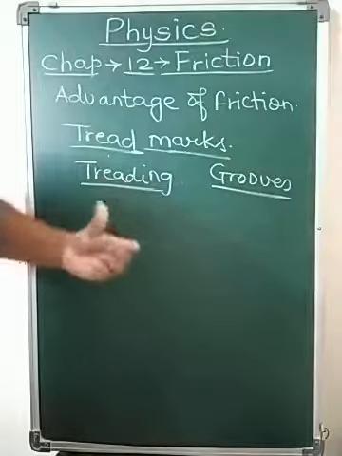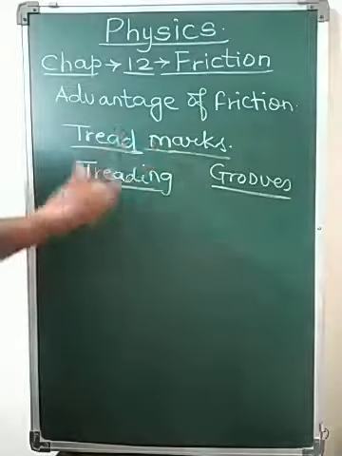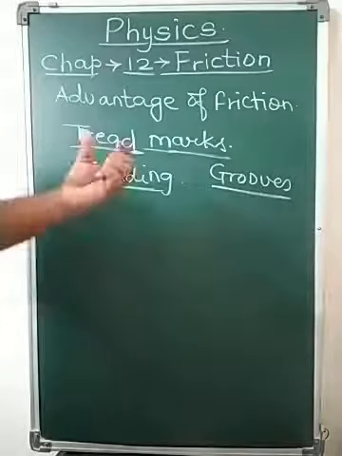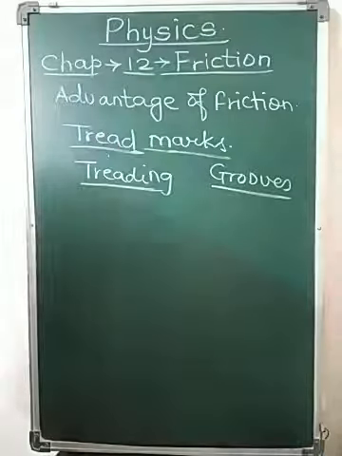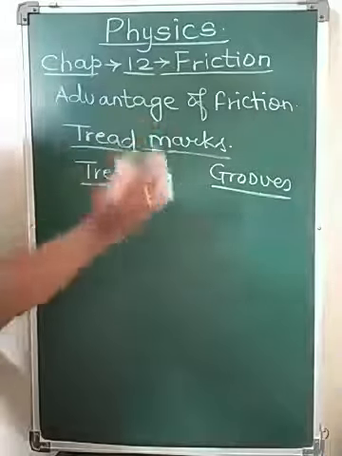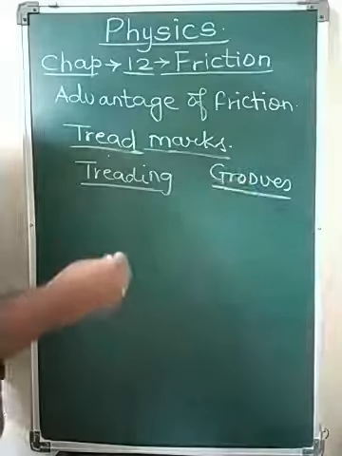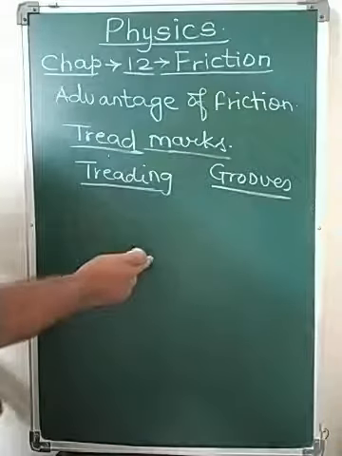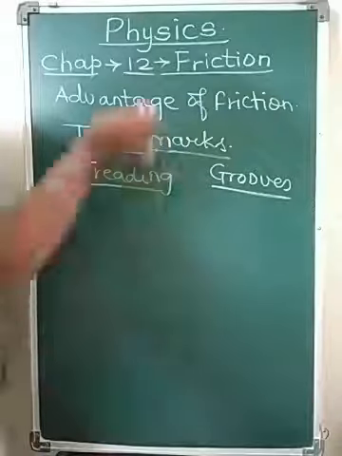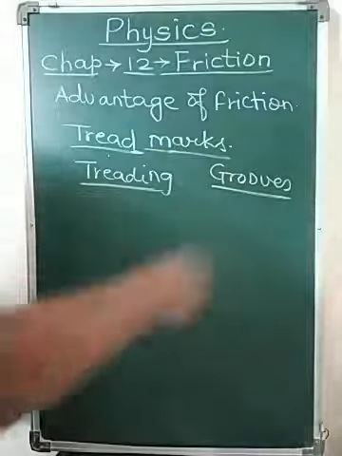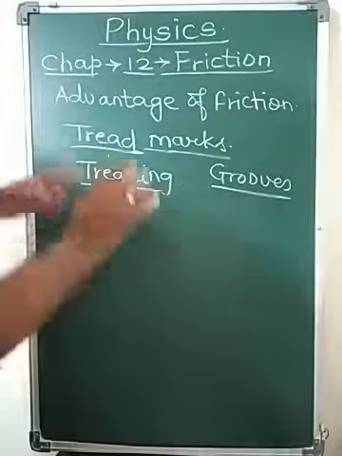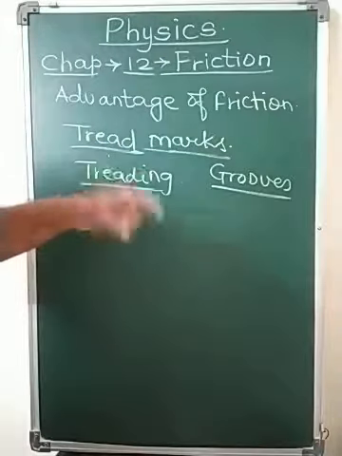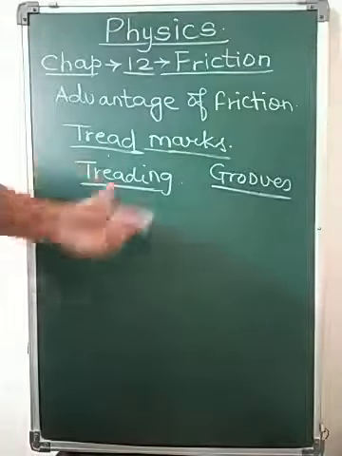We cannot reduce the friction to zero. Please take note of this point, that we cannot reduce the friction to zero because such a surface is practically impossible. We cannot make such a surface practically wherein the friction would be zero. If we make such a surface, suppose this is a surface which is practically frictionless, and we start moving a marble on this, the marble will never stop, it will continuously move all the time. So making a frictionless surface is impossible. Ideally we can make it, but practically it is not possible. So advantages of friction are these: